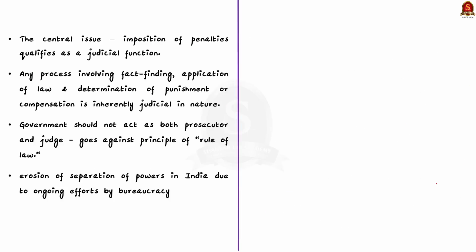The constitutionality of these approaches has been challenged in court. Here the central issue is whether the imposition of penalties qualifies as a judicial function or not. The article argues that any process involving fact-finding, application of the law and determination of punishment or compensation is inherently judicial in nature. The executive should not take these functions into its hands. It means that the government should not act as both prosecutor and judge, as this goes against the principle of